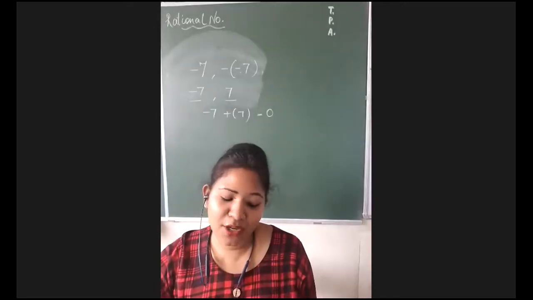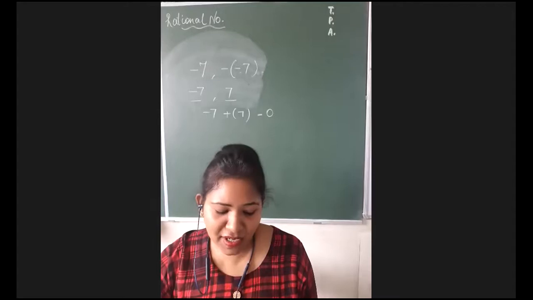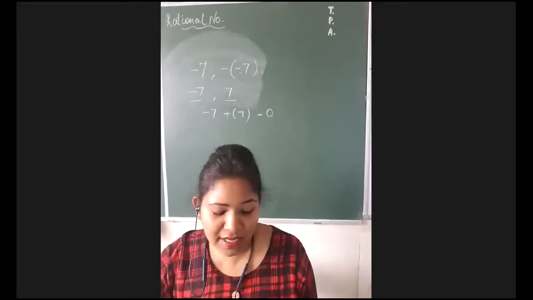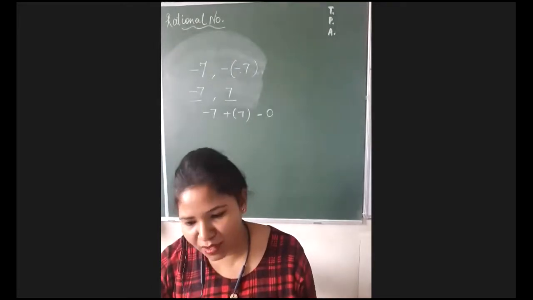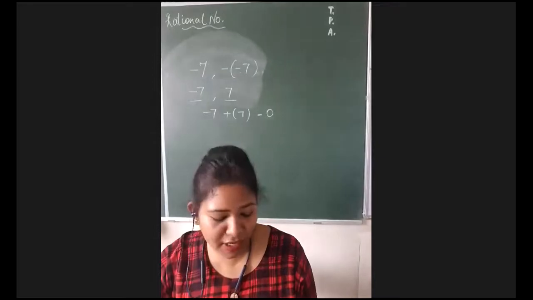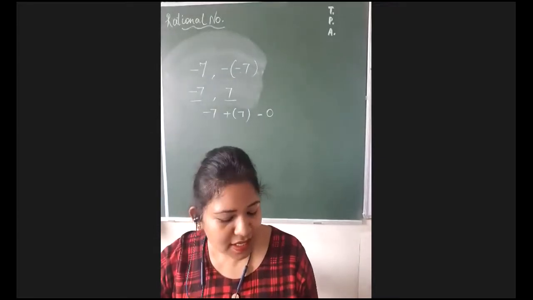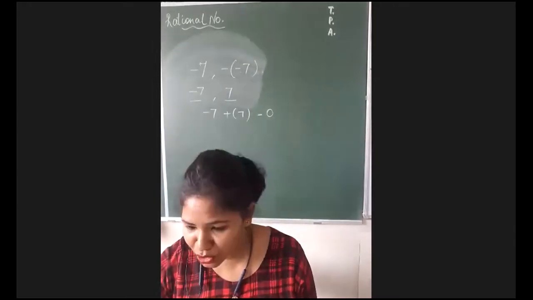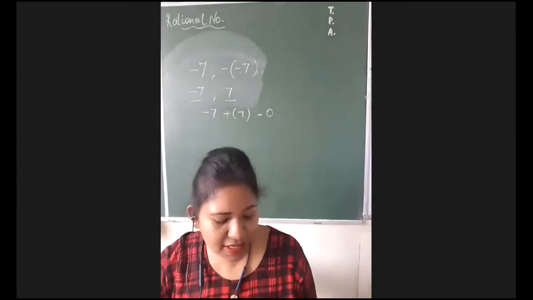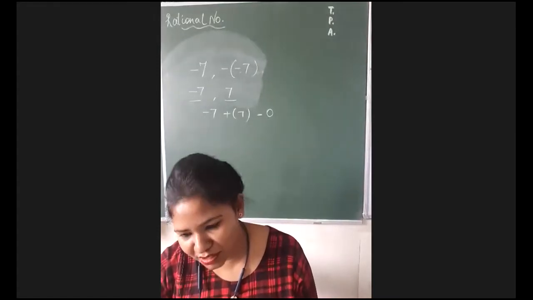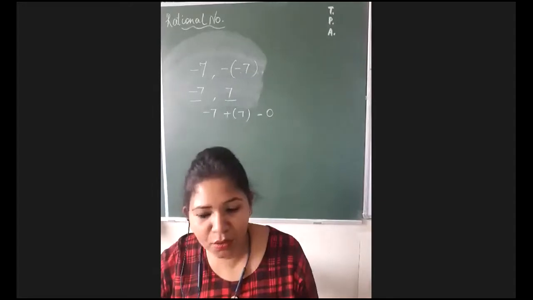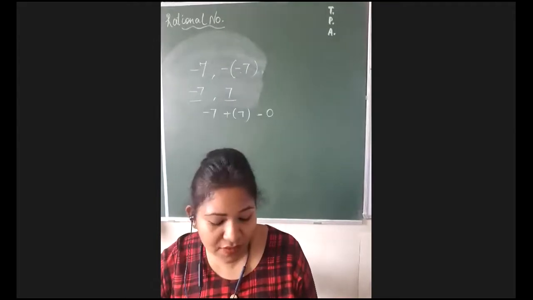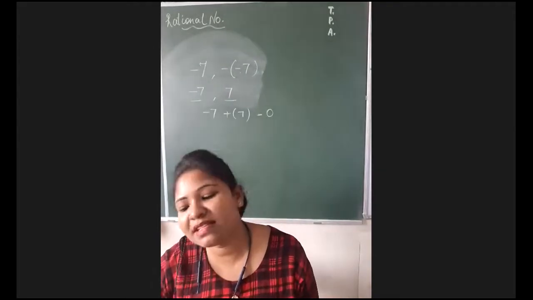The first one: 0 has no reciprocal. The second one: the numbers 1 and minus 1 are their own reciprocals. The reciprocal of minus 5 is minus 1/5. Reciprocal of 1/x is x. The product of two rational numbers is always a rational number because it follows the closure property. The last one: the reciprocal of a positive rational number is always positive. And you can include one more point in your copy, that the additive inverse of a positive rational number is always negative.